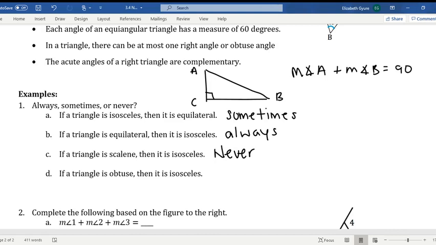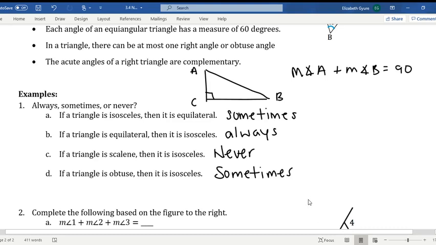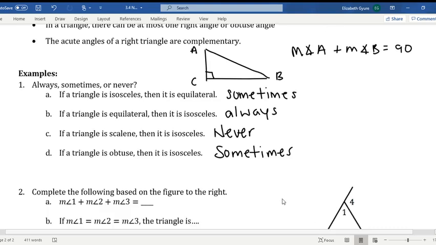And last one, if a triangle is obtuse, then it is isosceles. Ayla? Sometimes, good. If it's obtuse, that just means there's one obtuse angle. Could it be obtuse and isosceles? Sure, but could it also be obtuse and scalene? Yeah, so it's a sometimes. Good. Questions on those? All right,